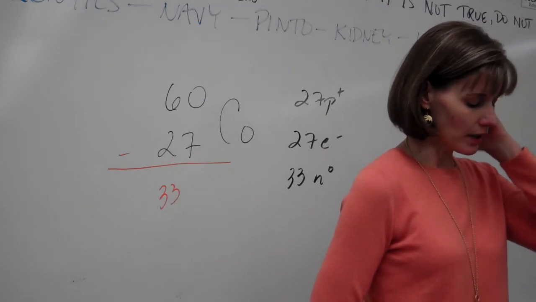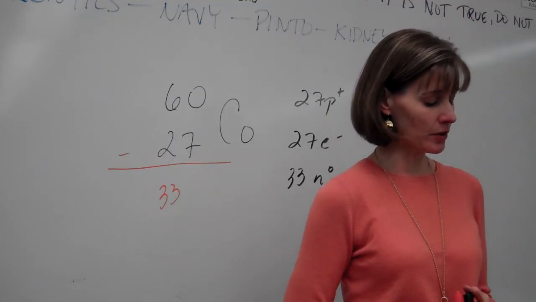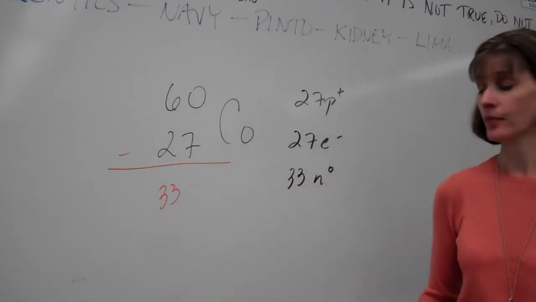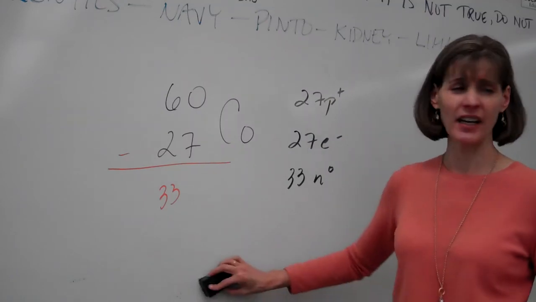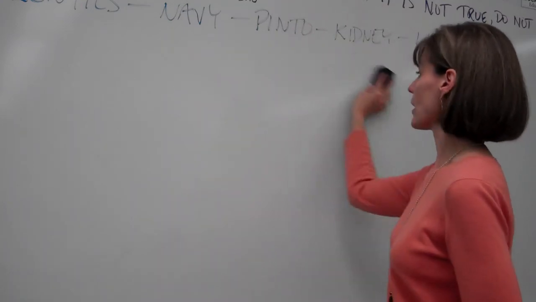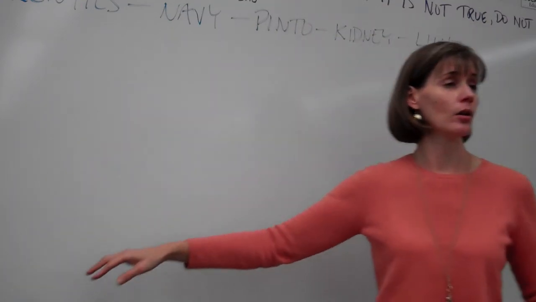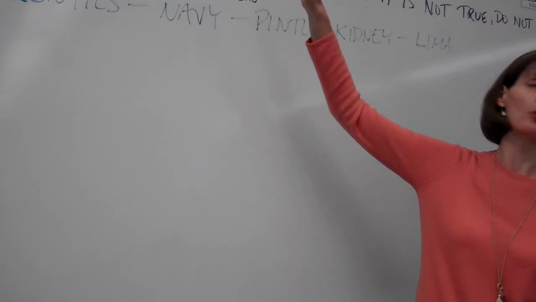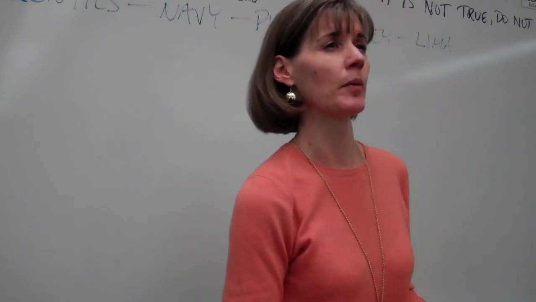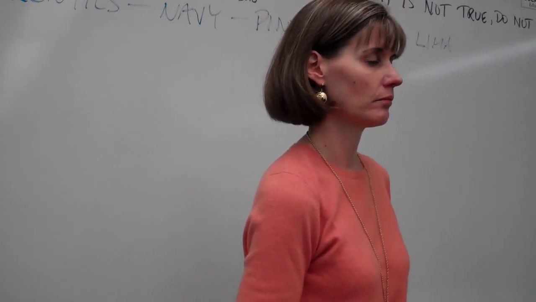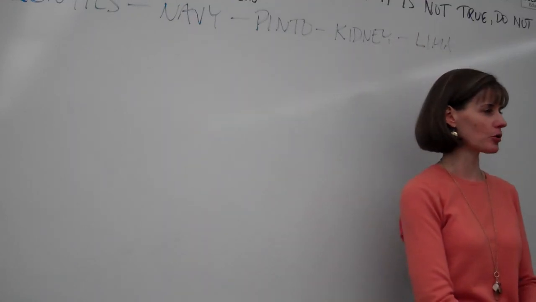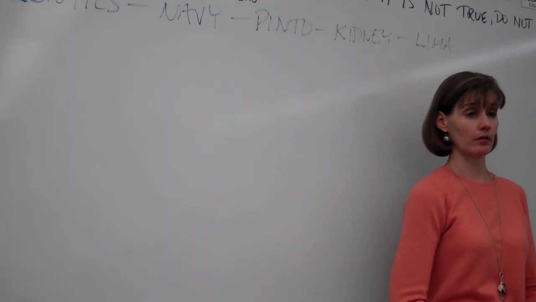33 says, the hint says, use mass numbers of isotopes and their average atomic mass to determine the relative abundance. And we're going to give you one that only has a couple isotopes. And a lot of times you can tell the most abundant isotope by looking at the average atomic mass. So lithium has an average atomic mass of 6.941, which would lead us to believe that which isotope of lithium is probably most abundant? 7, right? Because that number's close to